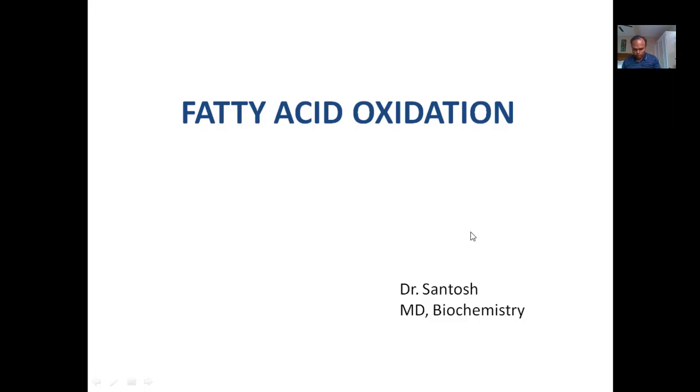Today we will be talking about fatty acid oxidation. In fatty acid oxidation, we will first talk about the main pathway, the mitochondrial pathway. The major fatty acid oxidation occurs through beta oxidation of fatty acid. This beta oxidation is mitochondrial beta oxidation. So this is the major pathway,